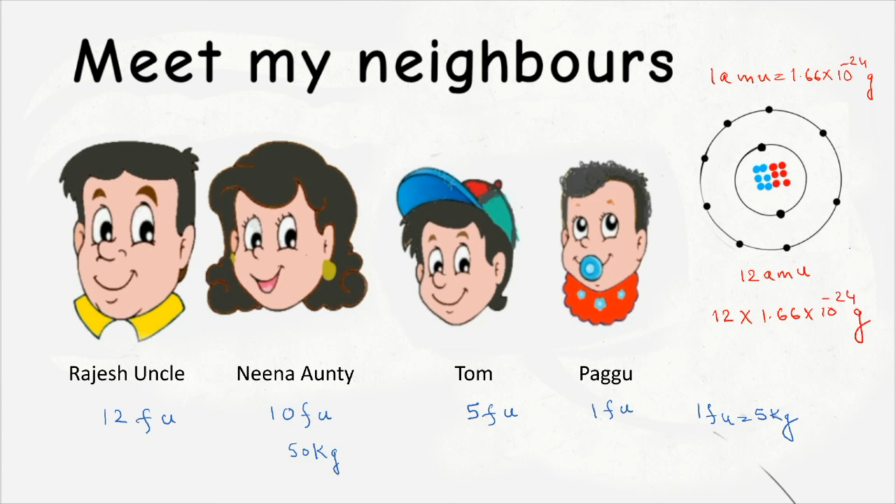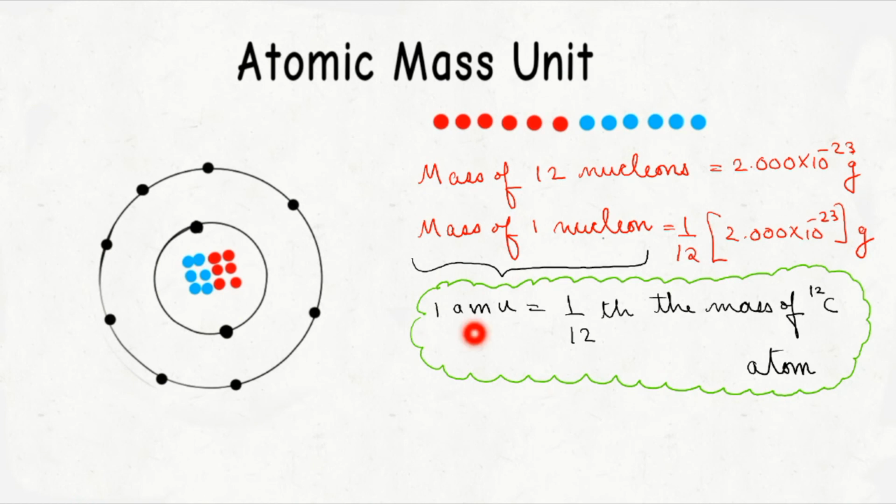It's so easy, right? In your book, they have given a definition like this. One atomic mass unit will be equal to 1 by 12 the mass of a C12 atom. How we are getting it? We learned it already. Mass of 12 nucleons is equal to this much. This is the mass of carbon atom. So, mass of 1 nucleon will be equal to 1 AMU we said. So, how we will be getting it? We will divide the same quantity by 12. Correct? So, that is the reason we are defining atomic mass unit like this. Now, that concept is also clear. So, we don't want to learn this definition by heart at all.